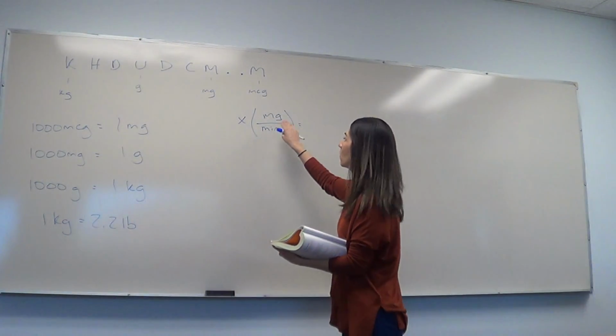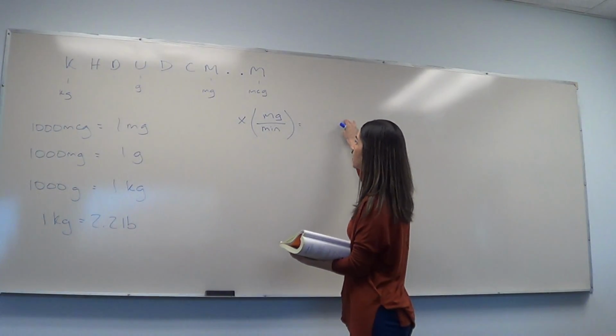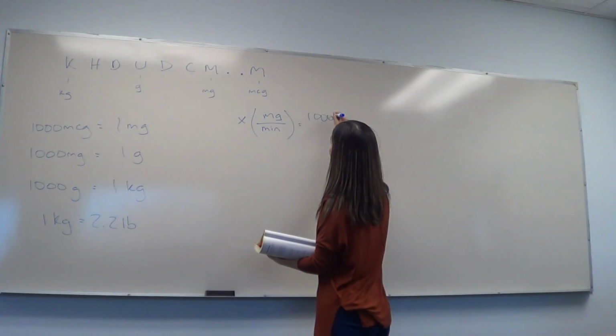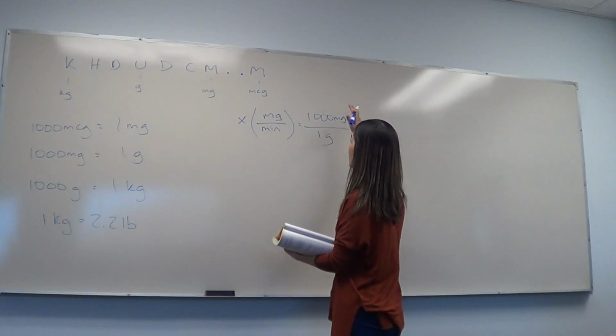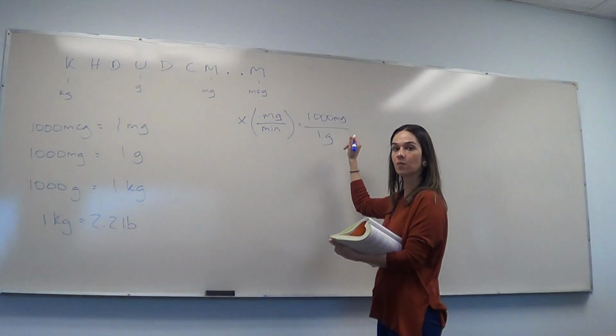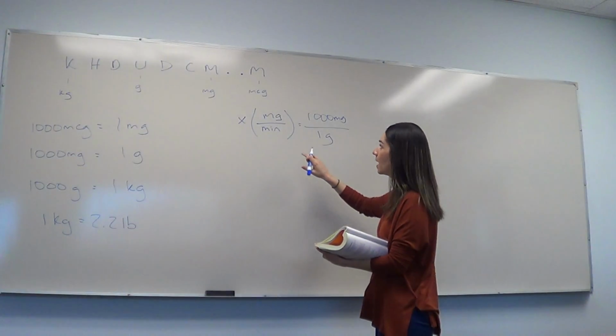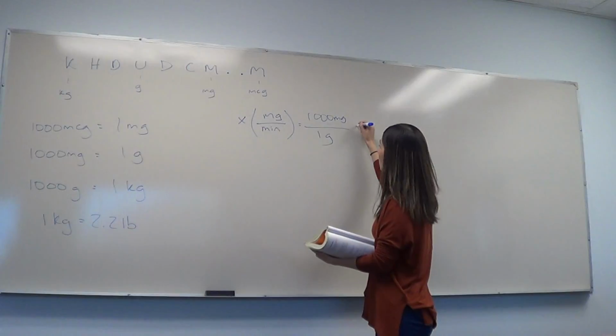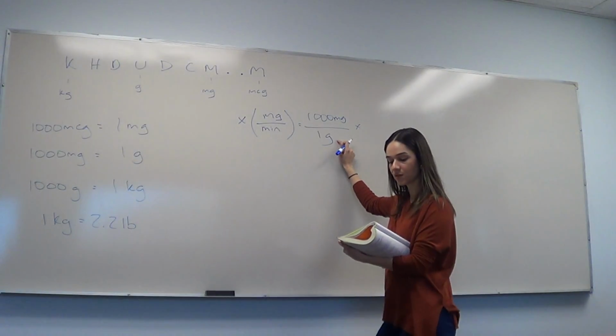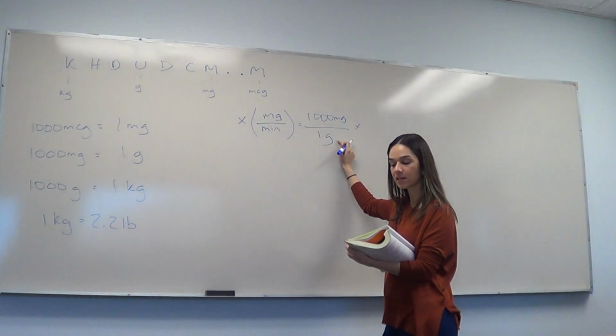So truly, we need to make sure we put milligrams on top. If we say 1,000 milligrams is equal to 1 gram, this number is just 1 because they're equivalent to one another. It doesn't change our problem. And we get our numerator on top, which is what we need. Okay? Now we got to get rid of this gram, and it does tell us that our client is getting